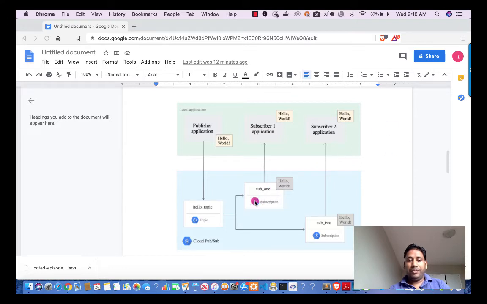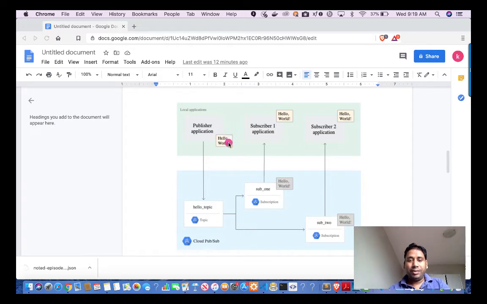Okay, and then we have the subscriber application. The subscriber application will check the subscription and get the message. So let's understand this using Hello World. This is the publisher application and it is publishing a message, Hello World. This message is getting published to a topic known as Hello Topic.